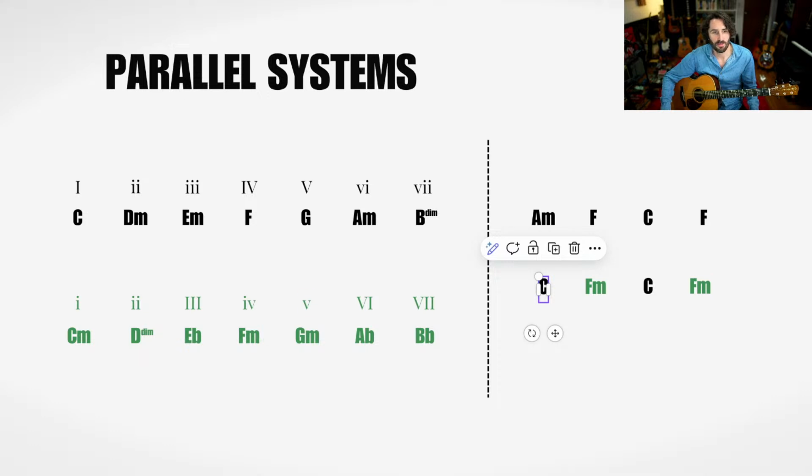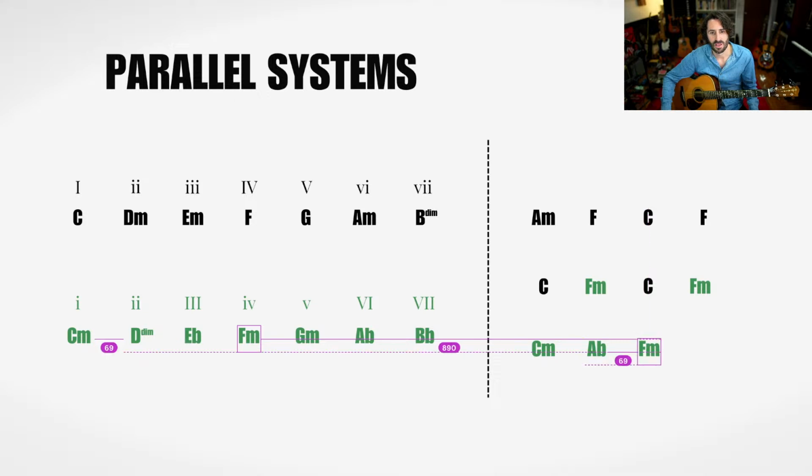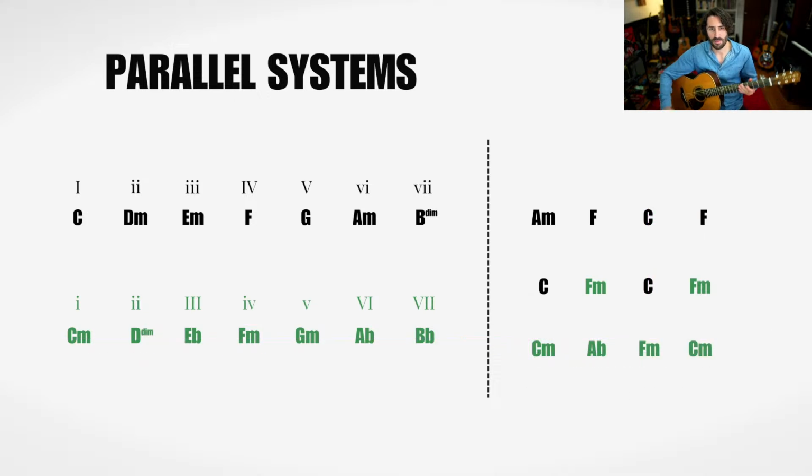And then we get to a bridge, and we could go, oh, time for a parallel modulation. Time to lean on the C minor sound, and then we go C minor. We could make the whole bridge in C minor. Wouldn't that be cool to sort of come out of a chorus which is going C, F minor, C, F minor, and then we get into a bridge and we go C minor,